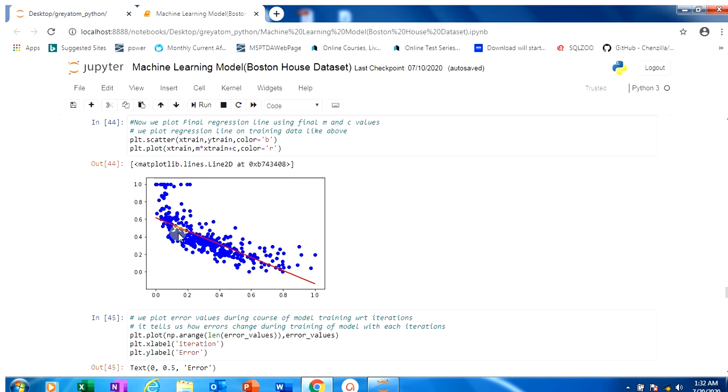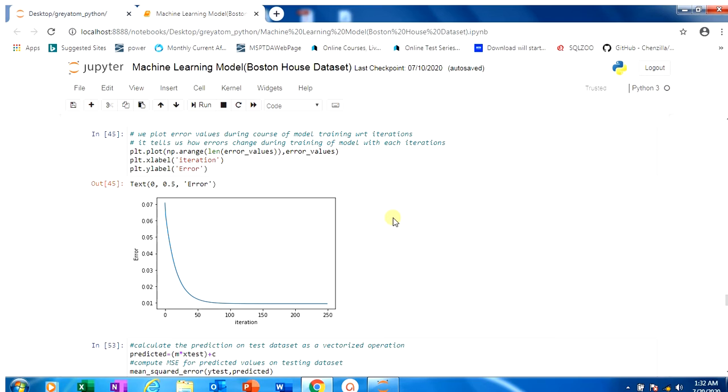We can see here our regression line lies on the dense part of the data points. Here we plot error value versus iteration during the course of model training. Now we can see as the number of iterations increases, the error value decreases. After a certain iteration, it becomes constant.